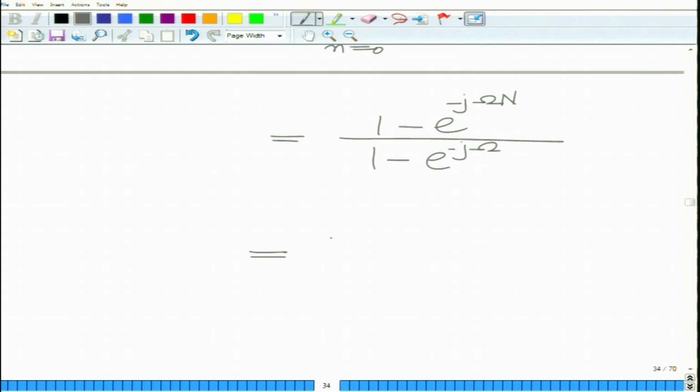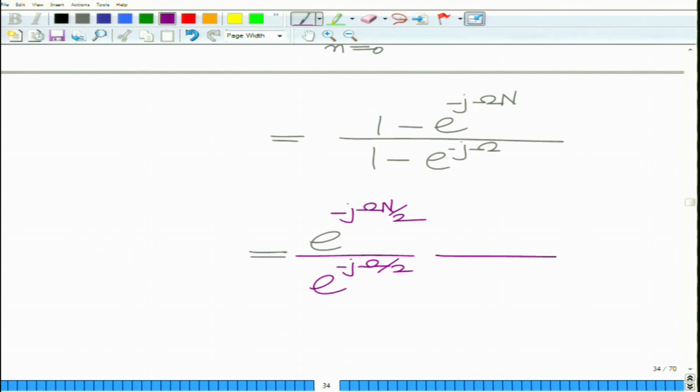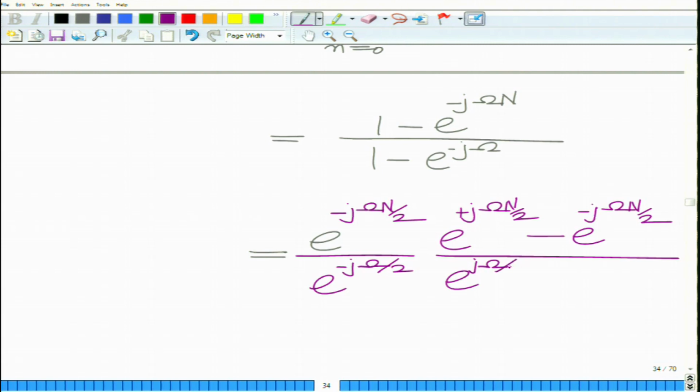Now, if you take e raised to minus j omega N by 2 common in the numerator and e raised to minus j omega by 2 common in the denominator, this will be e raised to plus j omega N by 2 minus e raised to minus j omega N by 2 in the numerator, and in the denominator it will be e raised to j omega by 2 minus e raised to minus j omega by 2,